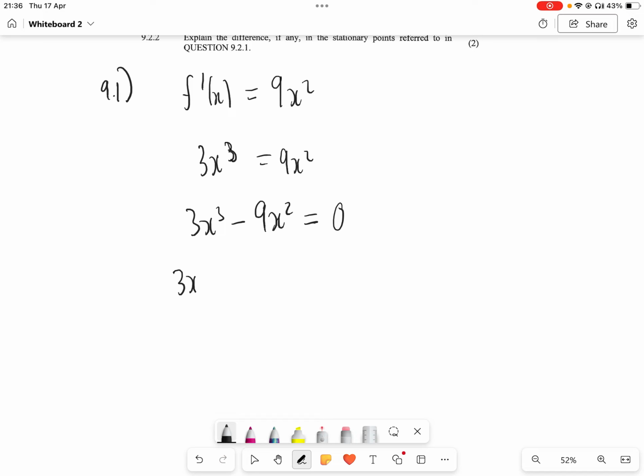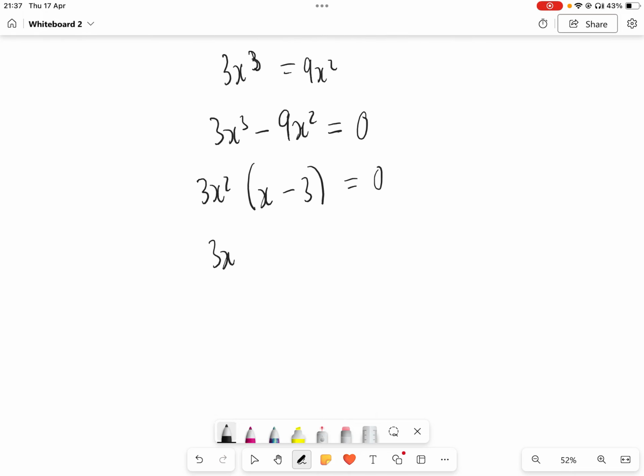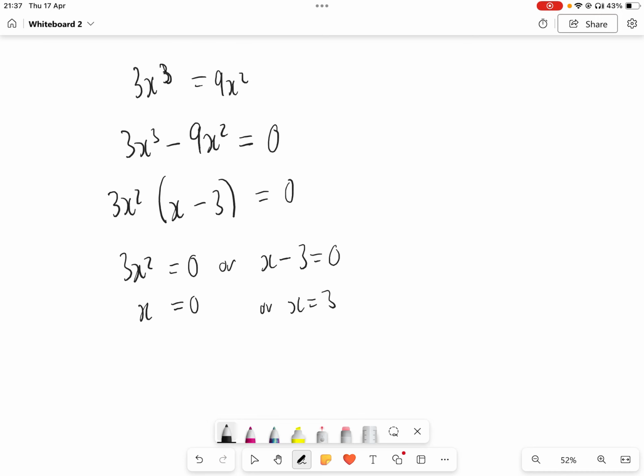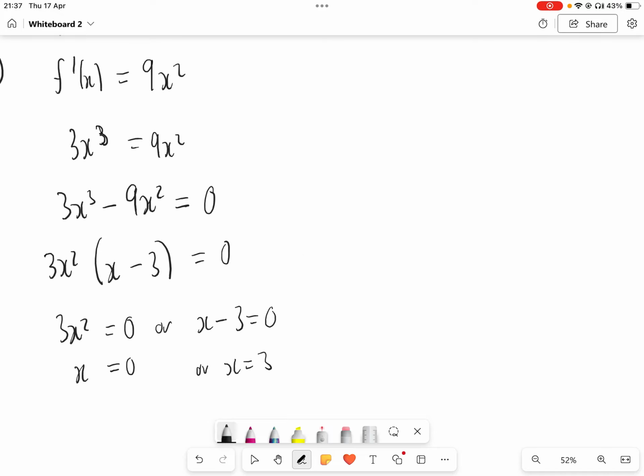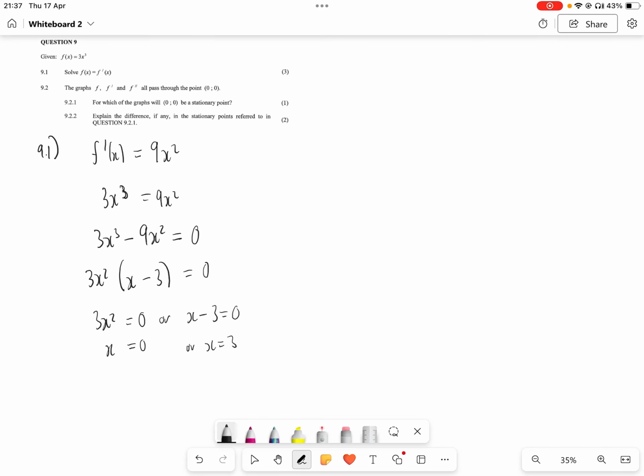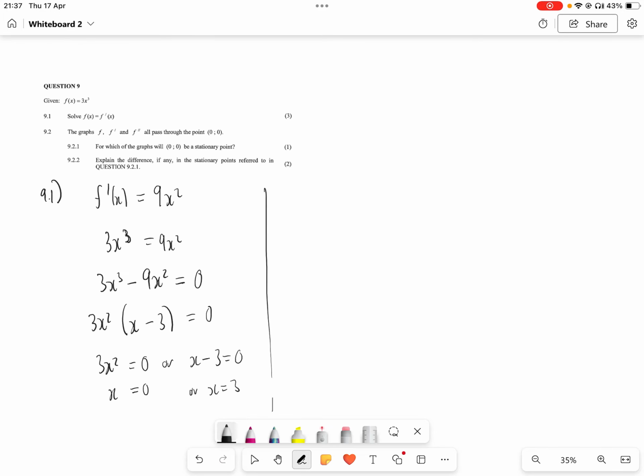So here we have a common factor of 3x squared, times x minus 3, equals 0. So 3x squared equals 0, or x minus 3 equals 0. Therefore, x equals 0, or x equals 3, right? And then